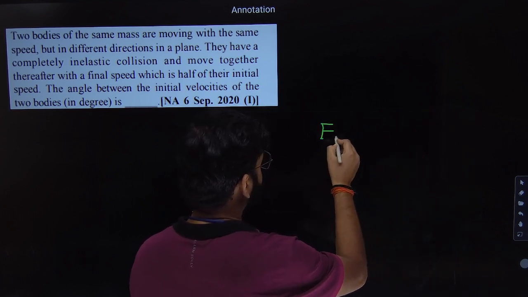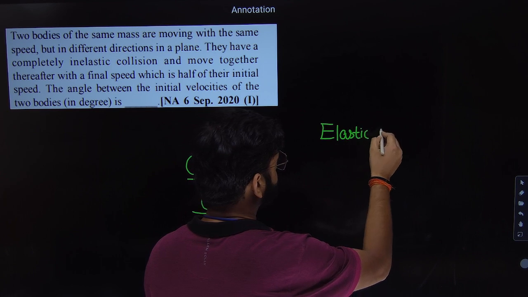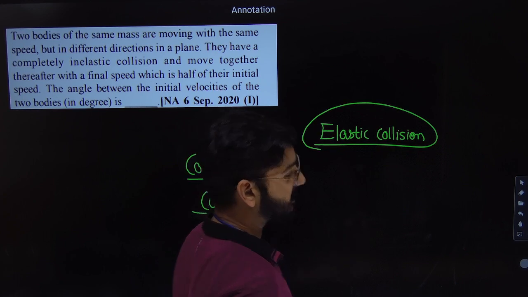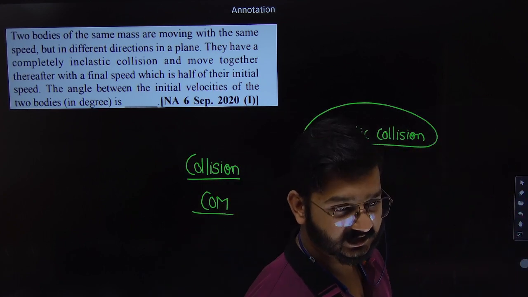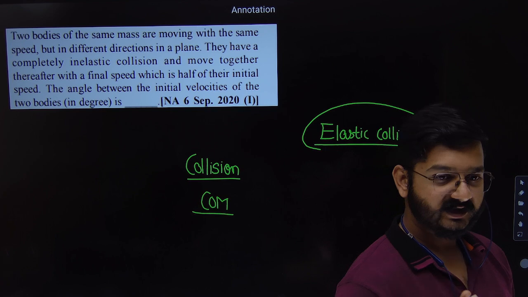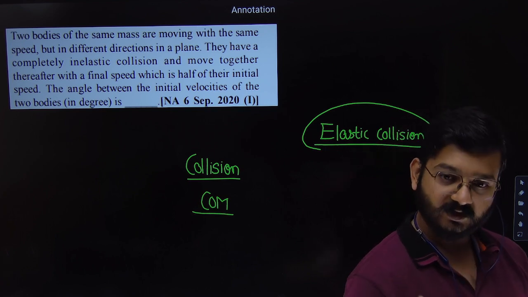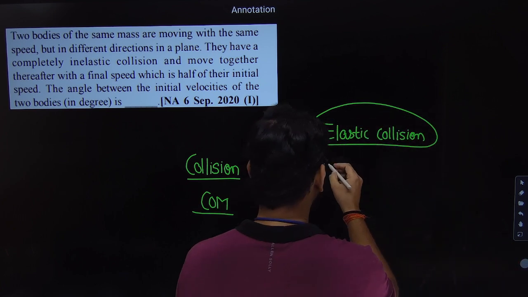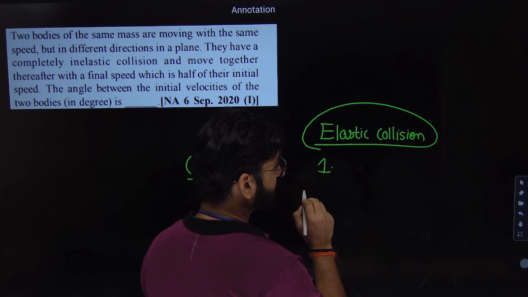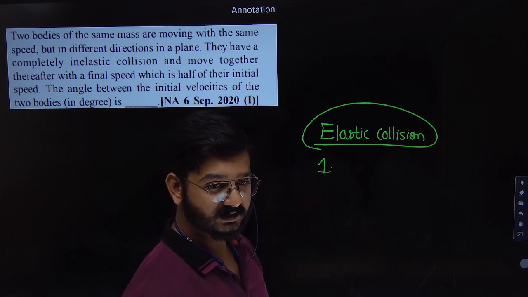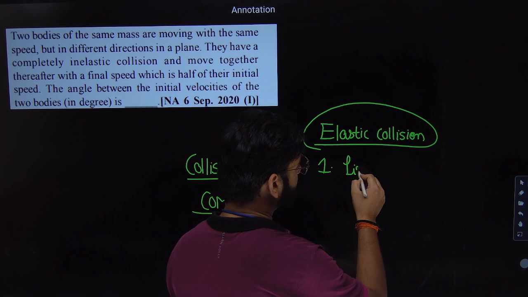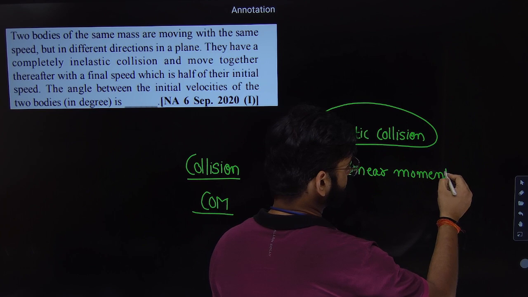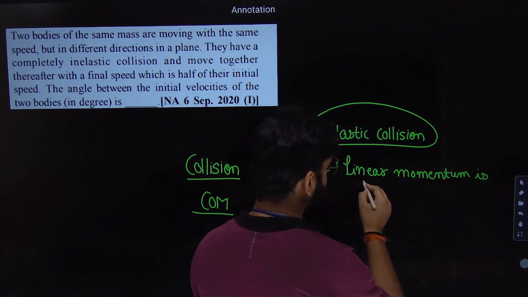So first type of collision is called elastic collision. From the name itself, you can understand what will happen here, the system will be a bit elastic. Elastic means whatever change in shape and size will happen after the collision will regain its shape and size. That is the meaning of elastic. So the first thing you need to remember is whatever is the type of collision, linear momentum will always be conserved.